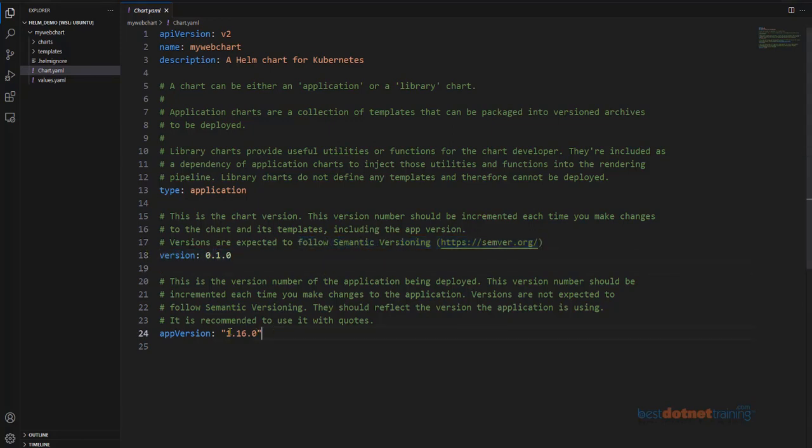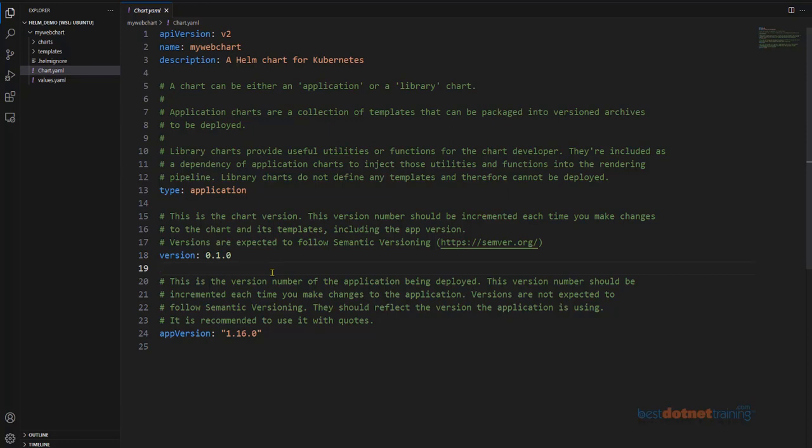Yeah, so this is your chart version and this is your application version. So when should I change this? Whenever you feel you are enhancing your application. And it's not that you'll always update both of them at the same time. If you don't feel you have made any changes in the chart, for example, application version, chart version. Let me make it a bit more clear to you.